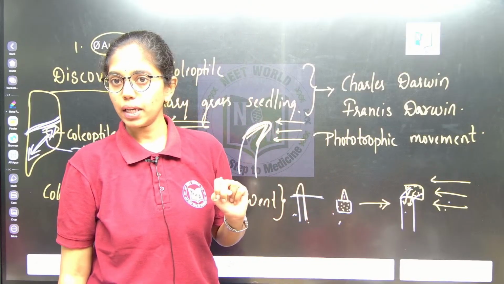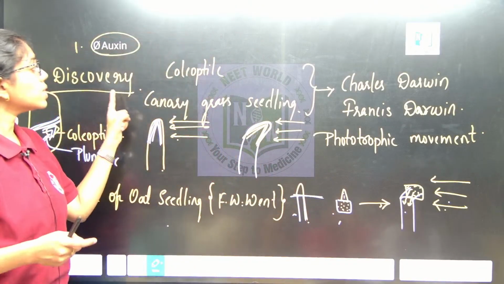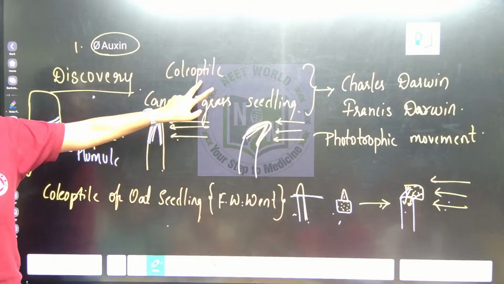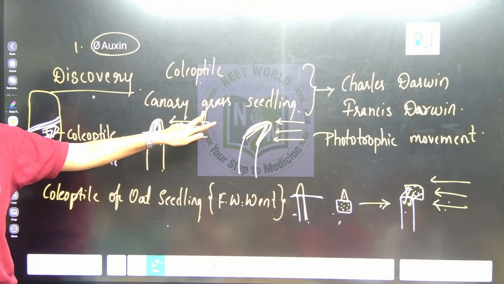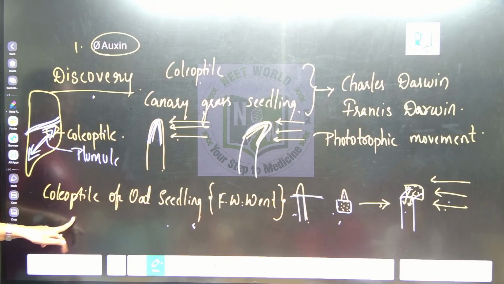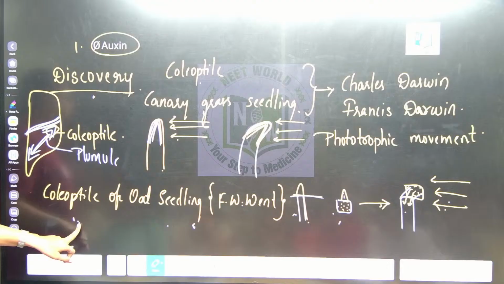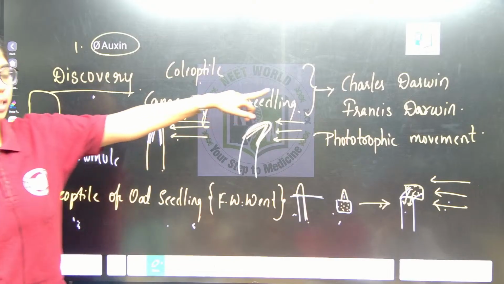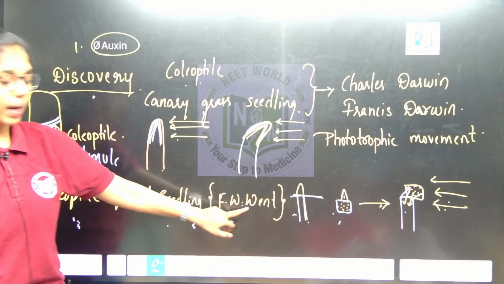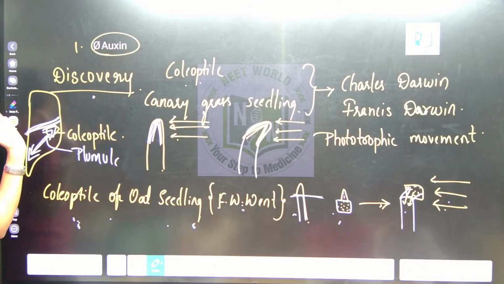Two things you have to be clear on here. First part, who discovered auxin? Charles Darwin and Francis Darwin, from the coleoptile of canary grass. Then who isolated it? F.W. Went isolated it from the coleoptile of oat seedlings. Auxin was isolated from human urine as well by F.W. Went. Clear? Discovery is by this scientist and the example is the coleoptile of canary grass. Isolation by F.W. Went, oat seedling. Clear with the discovery of auxin?